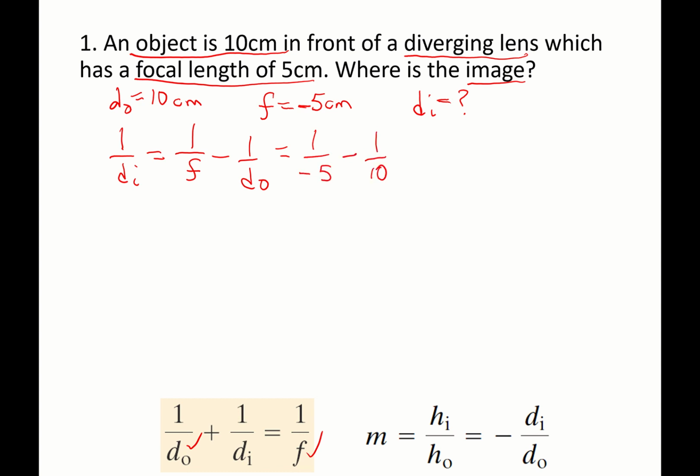So you can see if you'd forgotten that for diverging you have to make the focal length negative, you'd get a very different number when you did this calculation. So when I do this calculation, I get 1 over negative 5 minus 1 over 10, so that's minus 2 over 10 minus 1 over 10, that's minus 3 over 10. So DI is going to be 1 over negative 3 over 10. So it's going to be negative 3.33